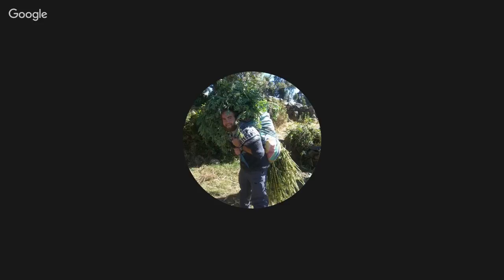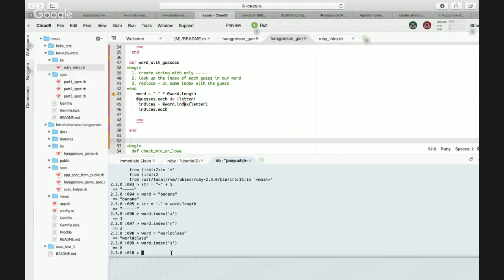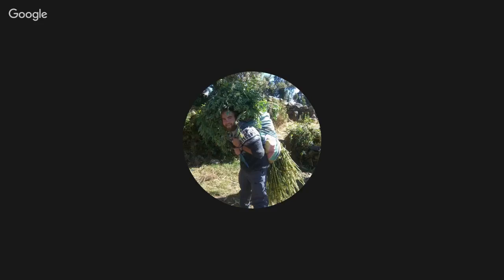It is not returning all of the indexes. Yeah, that's the problem. It only returns the first one.